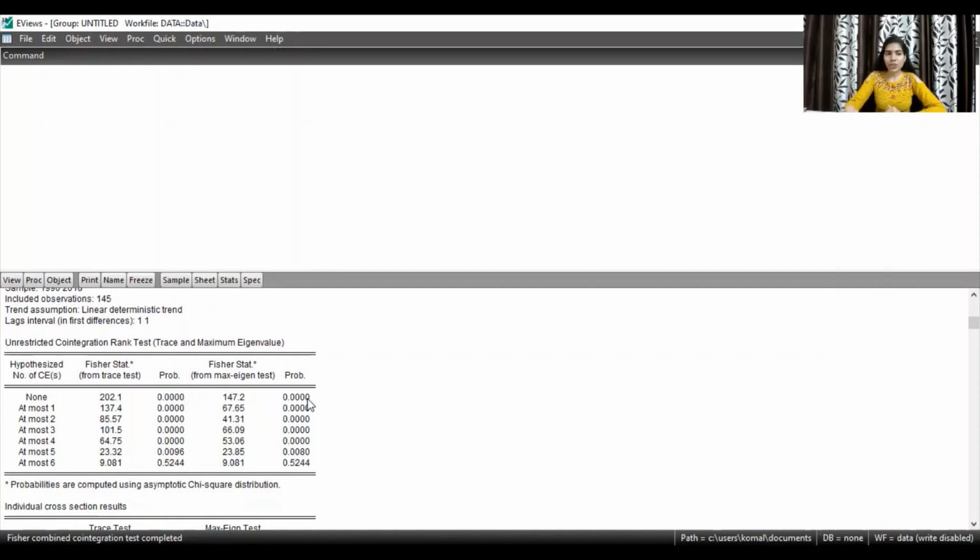In the same fashion, for at most one, at most two, and the rest of the hypothesized co-integrating equations, the probability value is less than 0.05. So we reject our null hypothesis of no co-integration and conclude that the variables are co-integrated and have a long-run association.